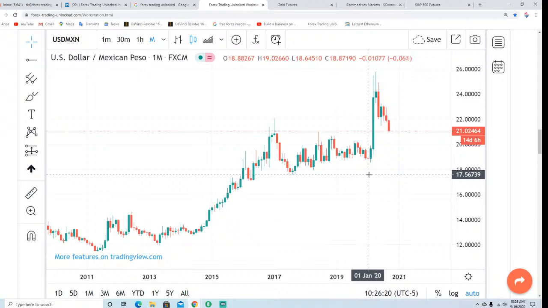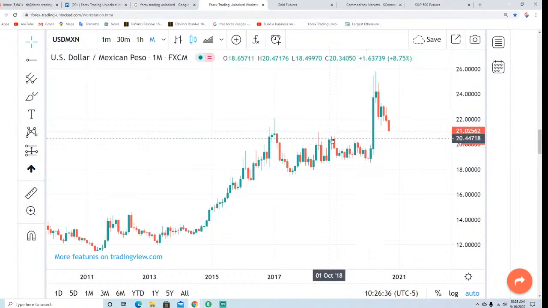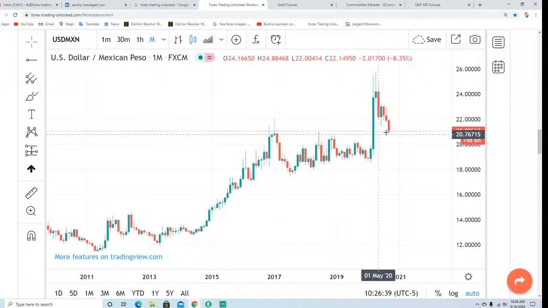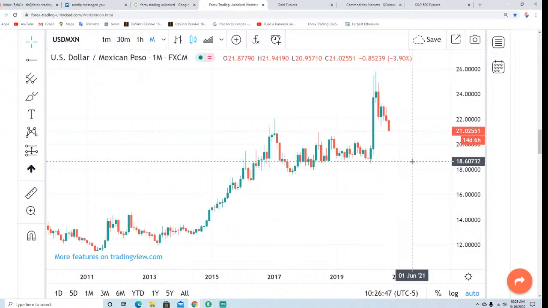The low was February of 2020, and that was, what was it? 18.52 pesos to the dollar. And now we're back up to levels that are kind of the high end of the range, 21 to 22. So as far as if the peso is weak versus the dollar, this is a good area for it to hold. I don't see it getting lower than that, just because right now there's really no reason for it, unless